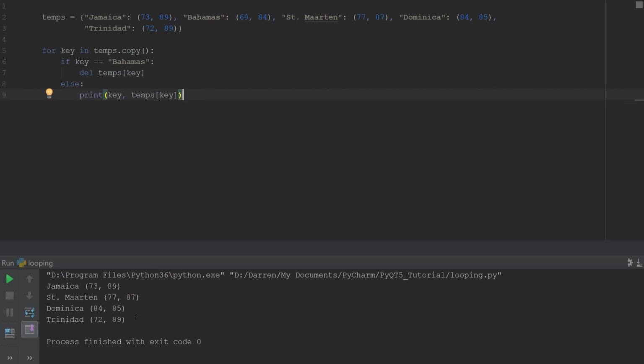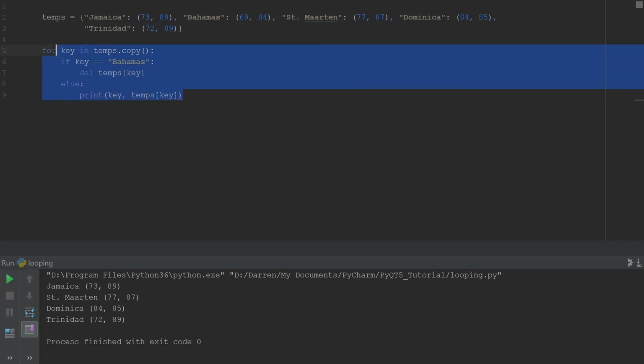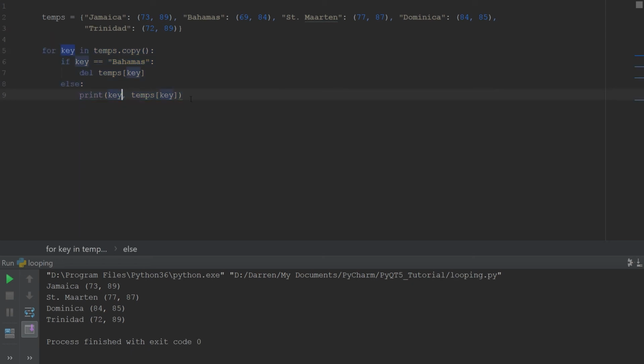Alright, so let's go ahead and make this formatting a little more human readable. So for example, we're going through this right here, but we're seeing Jamaica 73 89. Someone using your program would say, what the hell is 73 and 89? So what we'd want to do is to output this in a way that the user, the person using your program, knows what this information is saying. So for example, we would need to copy this. We can say